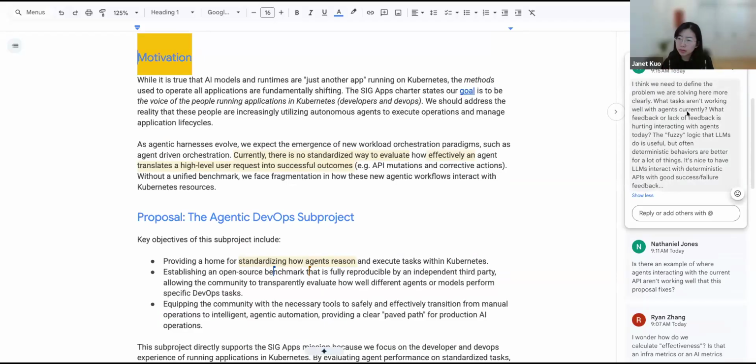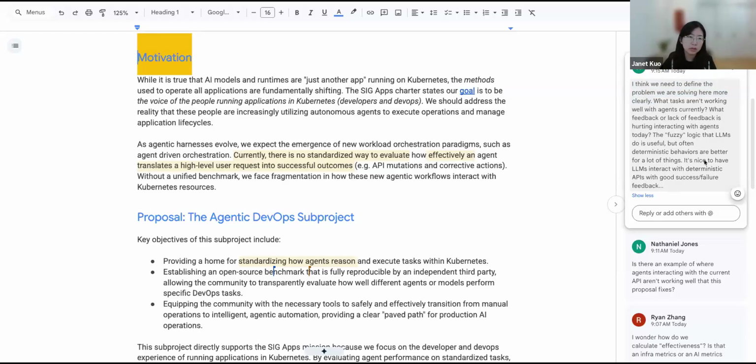So this one is about we need to define the problem we're solving here. I think we're focusing on providing a standard in the community for people to follow. Maybe there are people who already know how to do this, but maybe every company or every person is doing it in different ways.